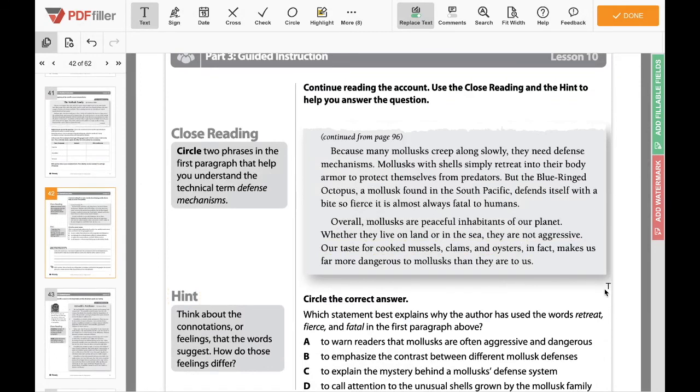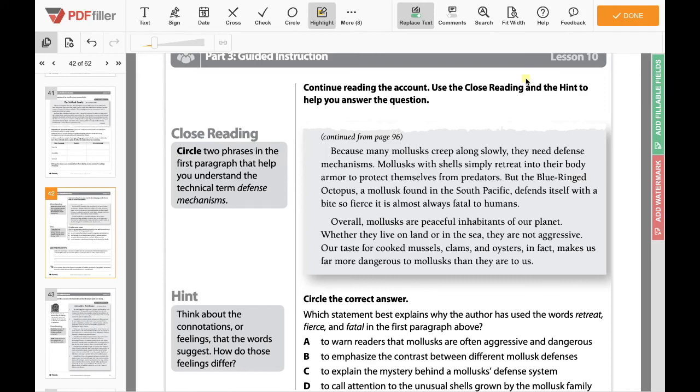So it says, continue reading the account, use the close reading and the hint to help you answer the question. So we'll do the close reading first while we read this. It says, circle 2 phrases in the first paragraph. I'm going to highlight because it's easier. Circle 2 phrases in the first paragraph that help you understand the technical term defense mechanisms. So this is sort of like we're looking for context clues around defense mechanisms to help us understand what